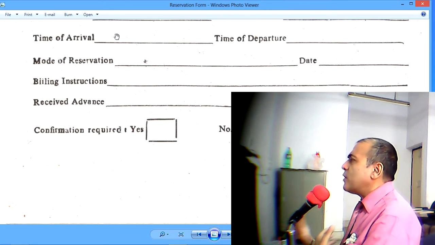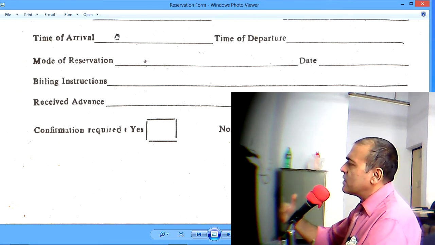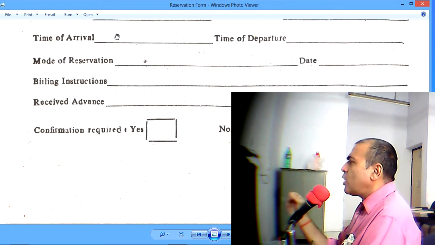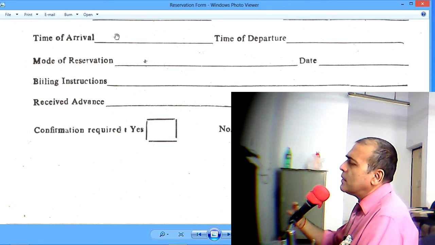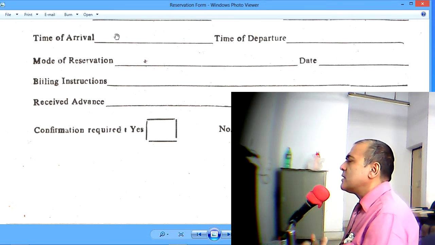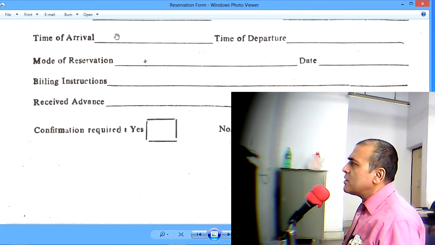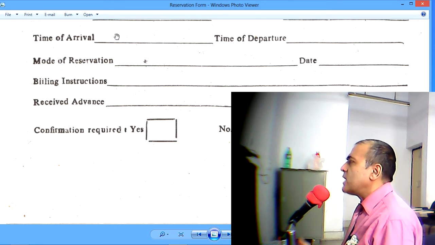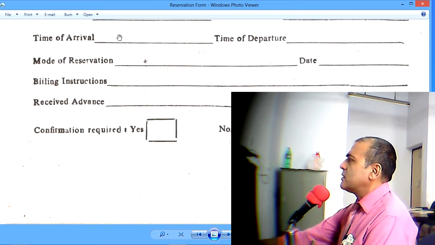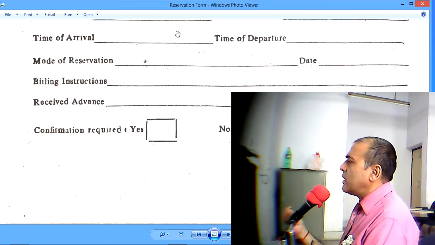In case it is off season, the demand is not very high, then hotel may prefer to nurture relationship and allow the guest to stay for extra hours. But it should not be encouraged because this will create problems during peak season when the guests will talk about their previous stay and say, last time I stayed till 6 p.m., you did not say anything, you did not charge anything, and now you are charging me even for 2 hours. So this time of arrival departure could be a cause of dispute, and this is very important to fill.